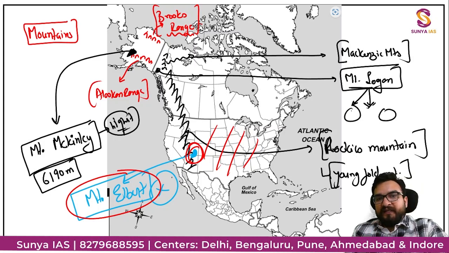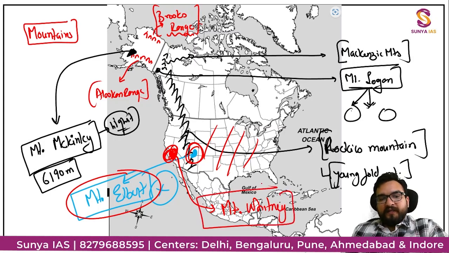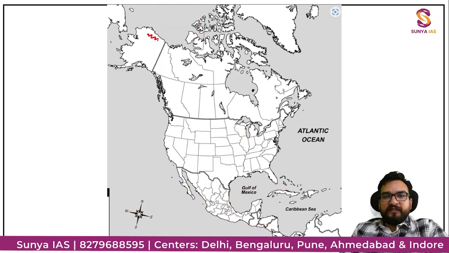So ultimately, I have just told you how many mountains. Try to understand one mountain. Somewhere over here in your atlas you will find Mount Whitney over here, guys. This I have connected. Can you see Mount Whitney? Okay. Let me write all this again. Can you write this range? Brooks and Alaskan range over here.